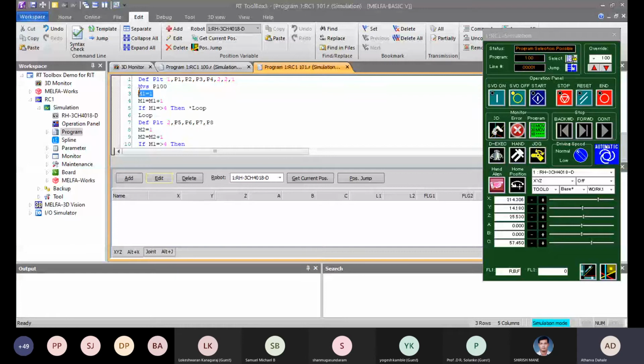So after that, I defined a variable, that is M1 for palette 1. Again, after that I have incremented it, and if M1 is greater than or equal to 4, then it will go in the loop. So in the loop, I have defined palette 2.